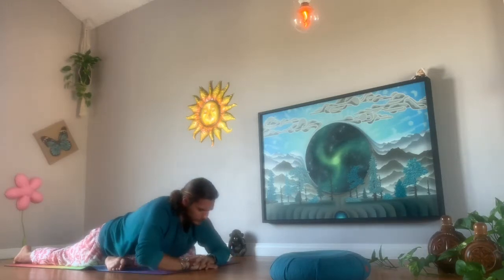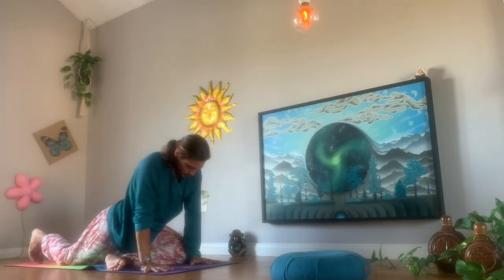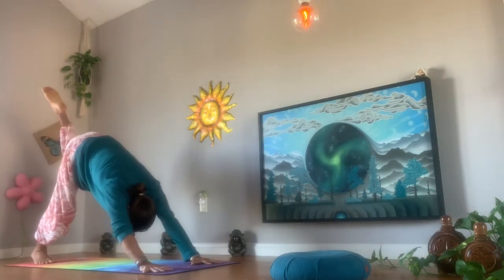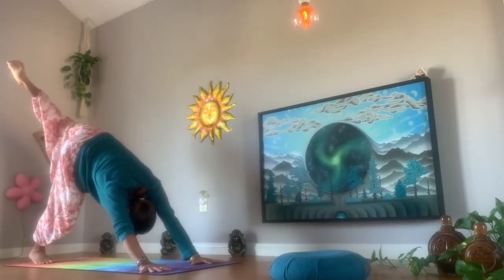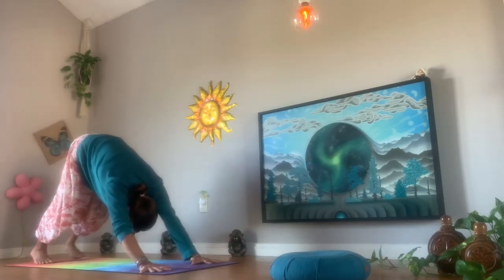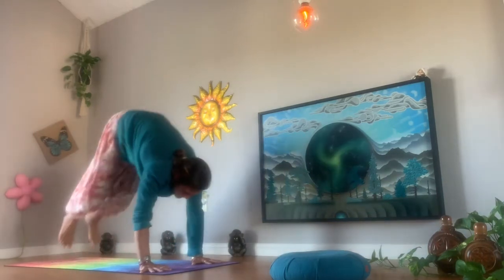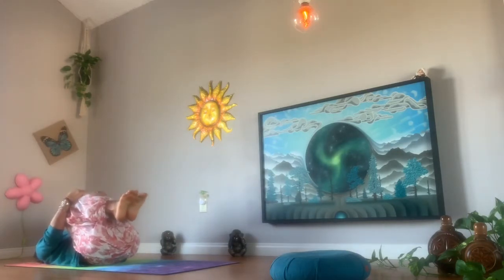When you find yourself balanced, come back up onto your palms, tuck your back toes, lift your back knee, then inhale, reach your left leg up and over you, bending your knee and opening your hip. As you exhale, keep the hip open and straighten your leg, then slowly bring that left leg down. Inhale, gaze forward. Exhale, hop or walk to the top of your mat, rolling onto your back, keeping your knees